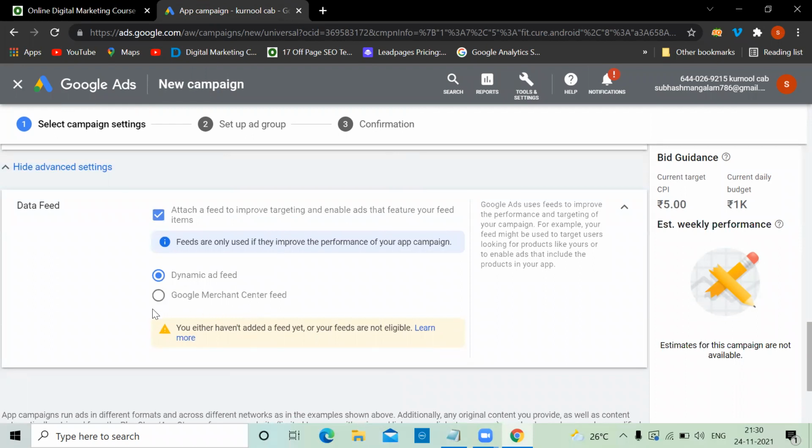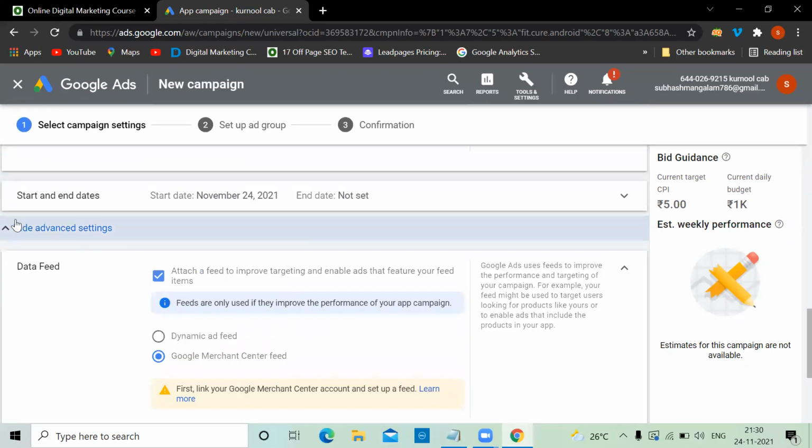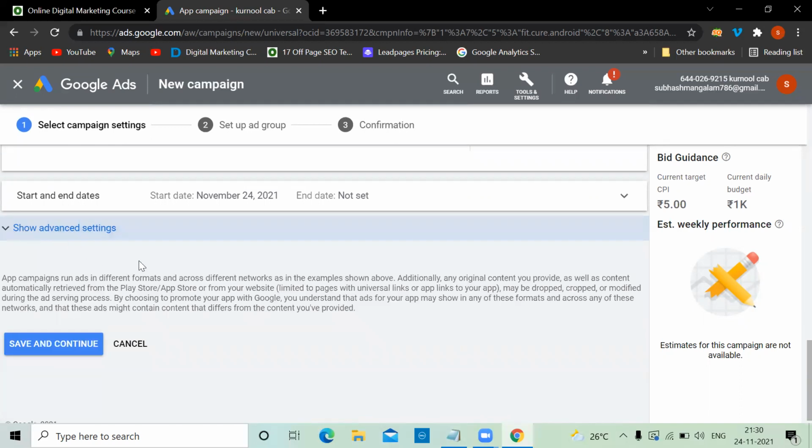Dynamic ad feed, whether you haven't added a feed or a Google Merchant Center feed, but this is an advanced one. Google Merchant Center is more for e-commerce products, and if you have an app, they'll check your product and the targeting will be based on that. I'll research on that and mention it. As of now, we'll leave it. You don't need the settings. Save and continue.